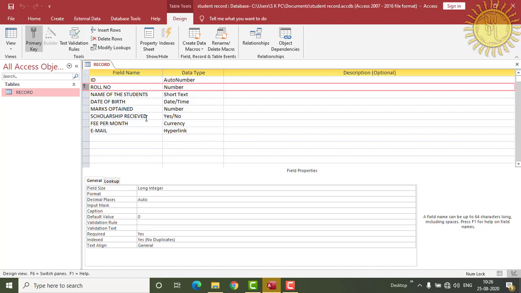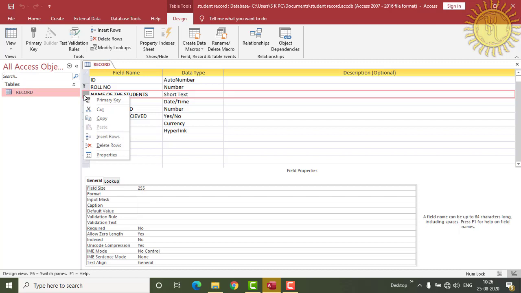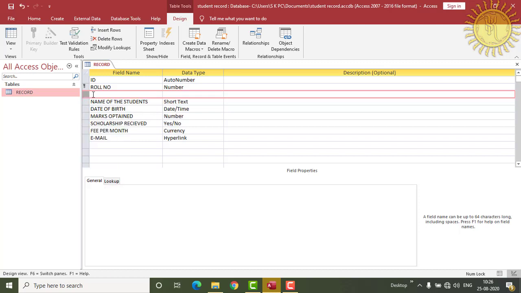For this, we just right click anywhere where we want to add. Here is the option of insert rows. When we click on insert rows, you can see one new field has been inserted.